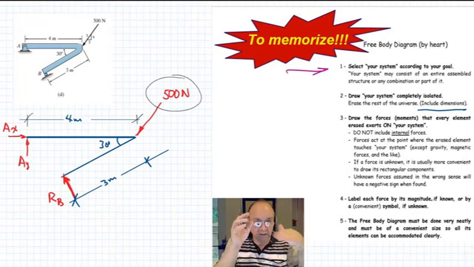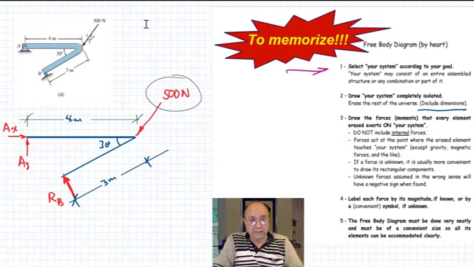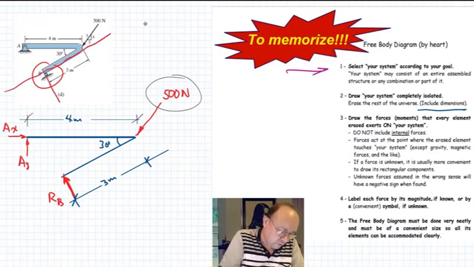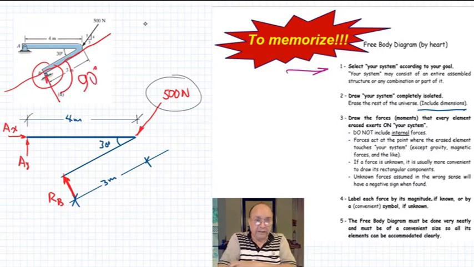Just put it to the right, to the left, up, down, any direction will do, okay, as long as the sense, going up or down, left or right, doesn't matter. If this is like a roller here at point B, you know the direction is perpendicular to this line here. That has to be correct. You have to make sure it's 90 degrees right there.